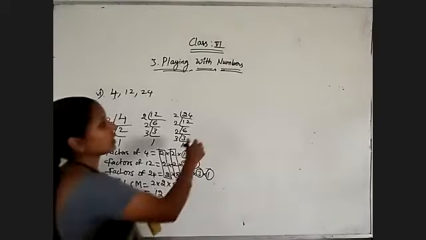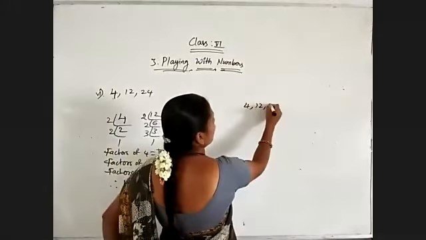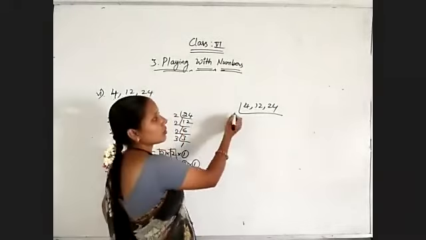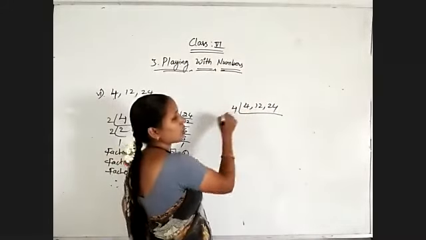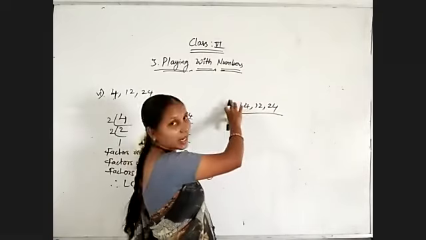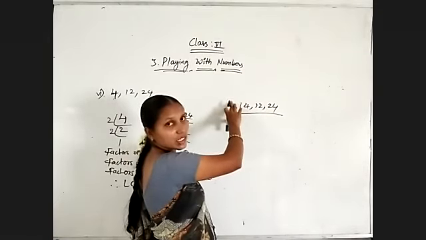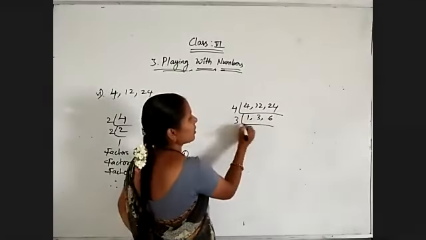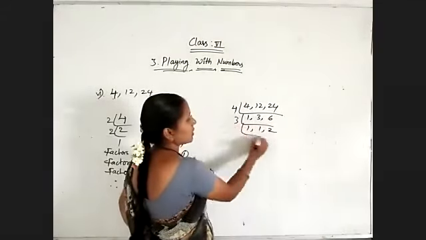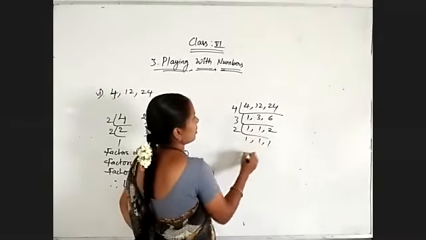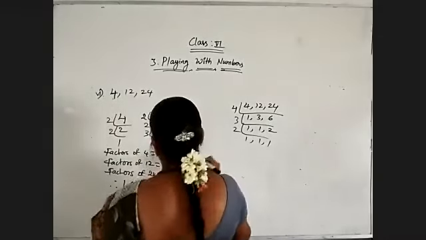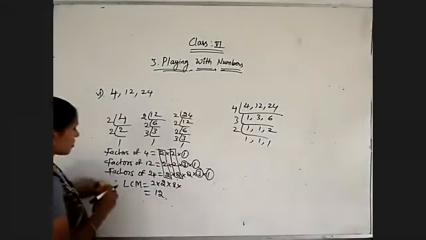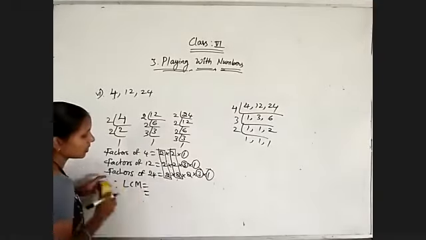Use the division method also. Check. Now, all the numbers we will get in which table? The 4 table. So we can take the 4 table directly also, because there is no need to take prime numbers here, because it is not the prime factorization method. So 4 6s are. Now 3 table. 3 1s are, 3 2s are. That's it. Now 2 table. Something is missing. Sorry. So what we have, LCM is equal to the product